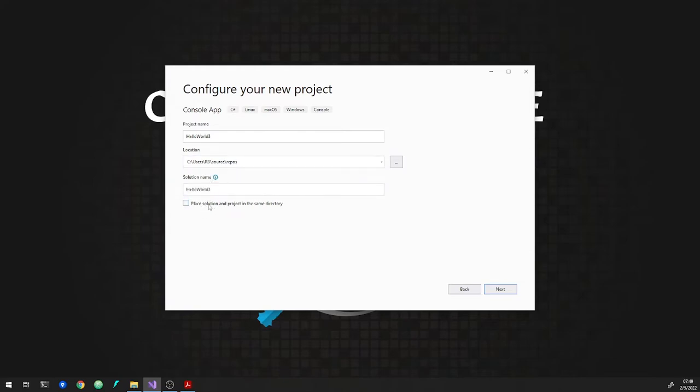You can check or uncheck this box. Every time you make a new project, projects live in solutions, and solutions can have many projects or just one. For most of the things we're going to be doing, we're only going to have one project in the solution. If you uncheck this box, which I believe is the default, then you will get a folder on your file system for the solution. And then underneath that, you'll get a folder for the project. And so you'll have a Hello World folder, and then inside of that Hello World folder,